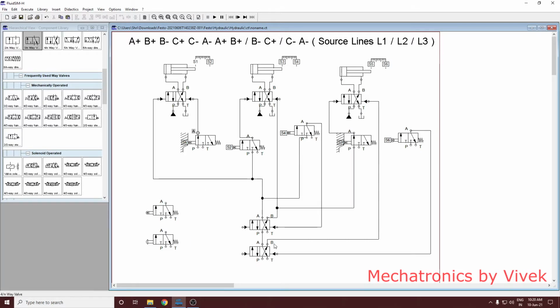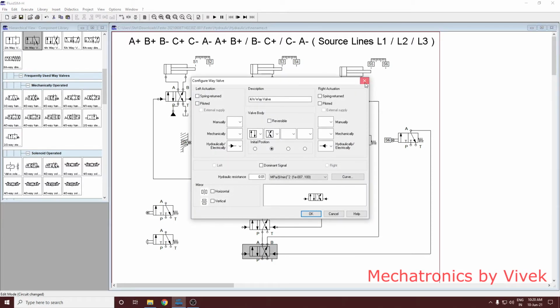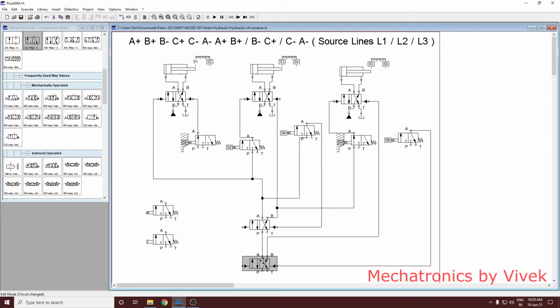You are again getting from this source line 3. So this you have to drag and attach to source line 3. So this A minus comes from the source line 3.